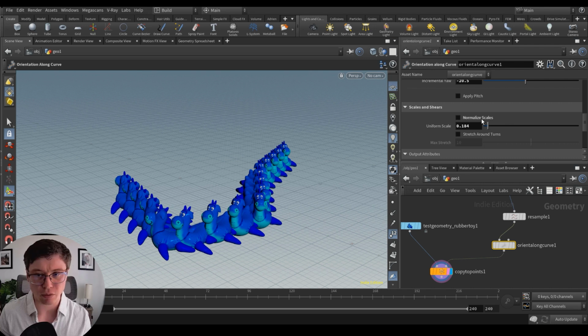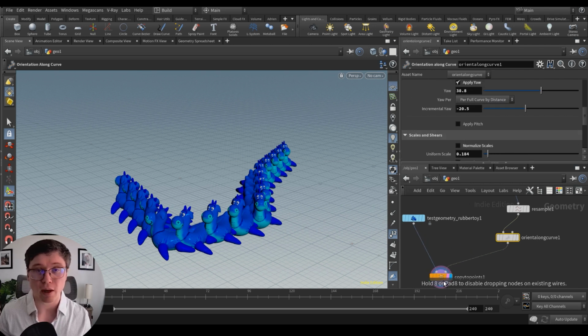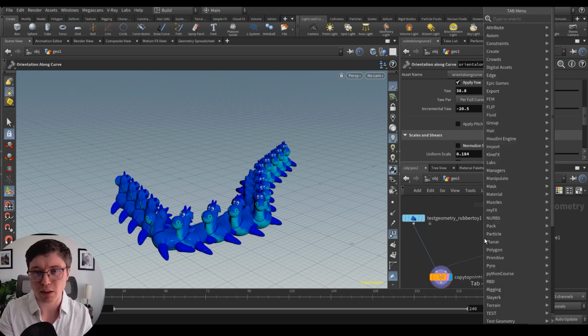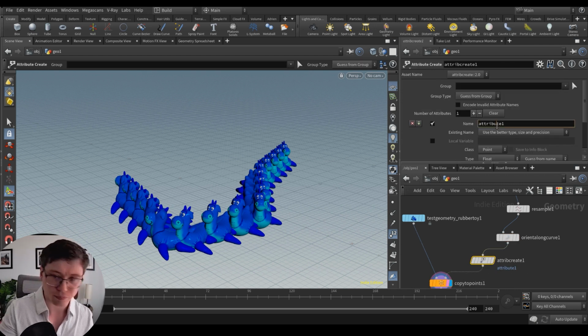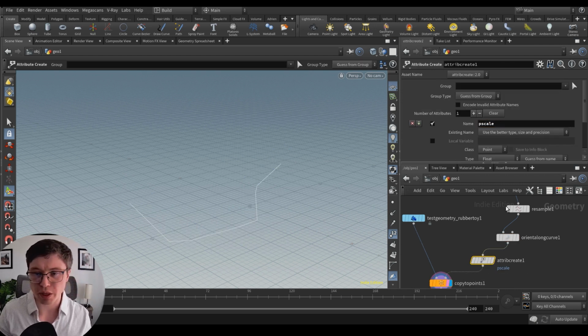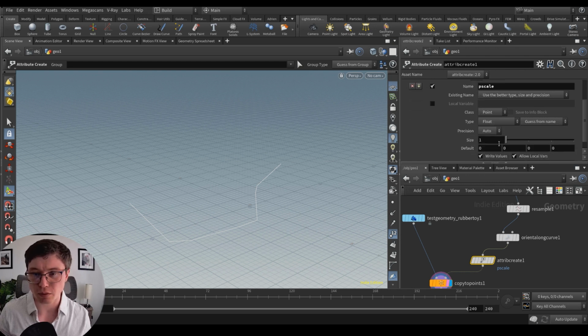The scale, I would rather use another method, which would be to create our own pscale. So the way that would work, we could do that either with VEX, with a point VOP, or just with SOP. Like, you can totally use an attribute create and say, I want to set the pscale, and you have to make sure it's a float, okay? And by default, the value is 0.